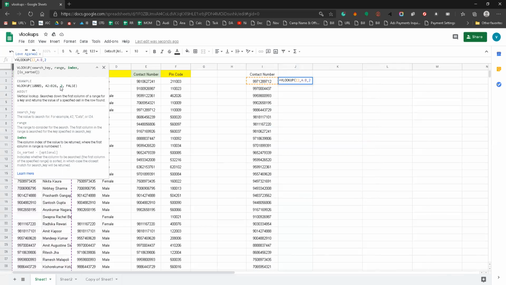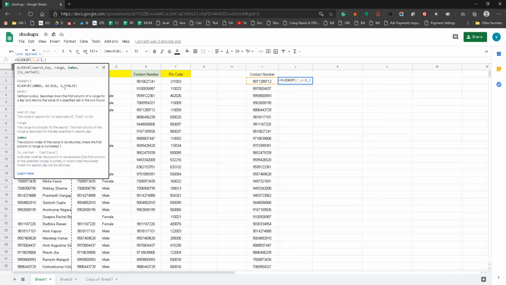Accordingly, here we have to keep two as the formula base because VLOOKUP has two options, like one and two. Two is nothing but the matching case which it should find. And if we keep one, it will match only the cases which are similar to this mobile number. So there is a difference. According to this formula, we have to keep two, as it already says as an example here.